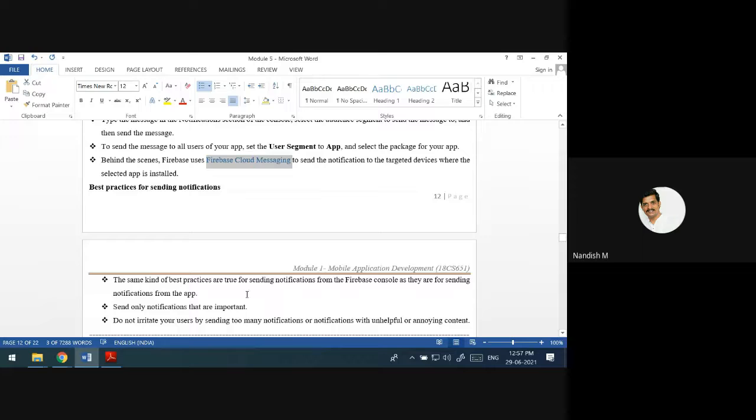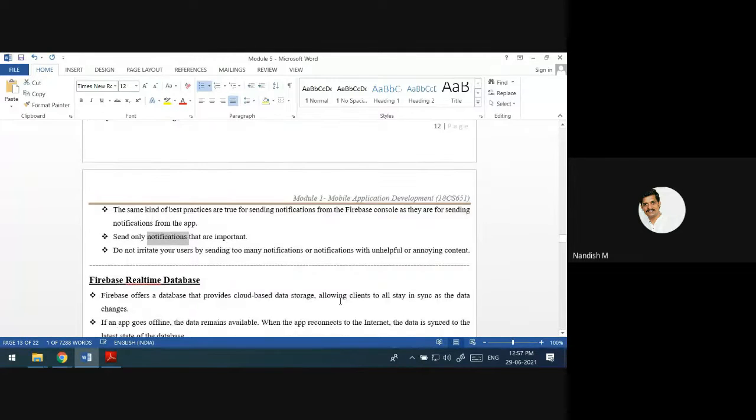And all the other best practices of sending notifications, the same practices you have to follow. What are the best practices which we have already seen? With that, these are the extra two: only send important notifications, and you should not irritate the users by sending too many.